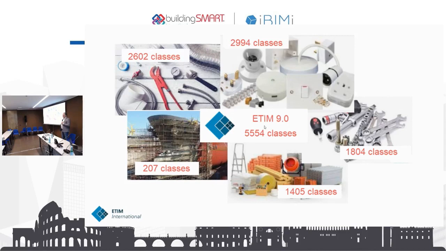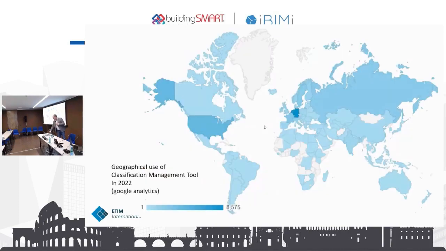And shipbuilding. The ETIM model comprises over 5,500 product classes. That's what we've been able to accomplish over 30 years of hard work and discussions. So represented in 24 countries, but we are an open standard. We have no idea who uses ETIM, but we were able to get some data from our Google Analytics from